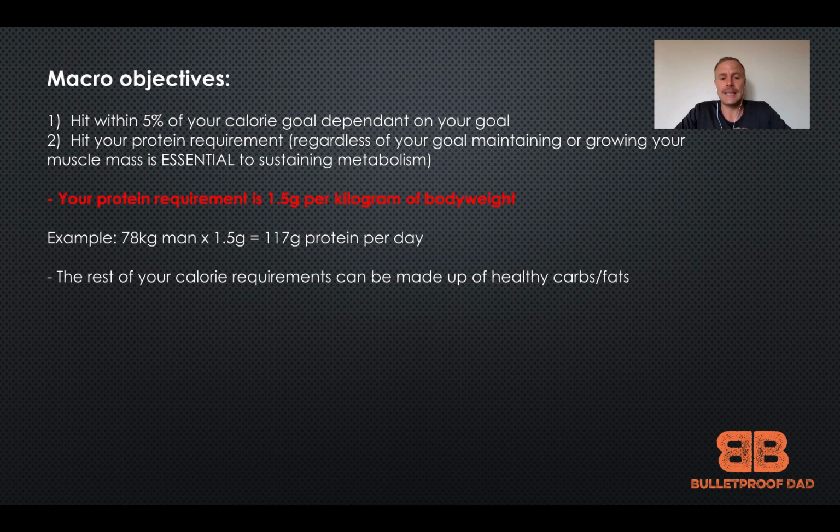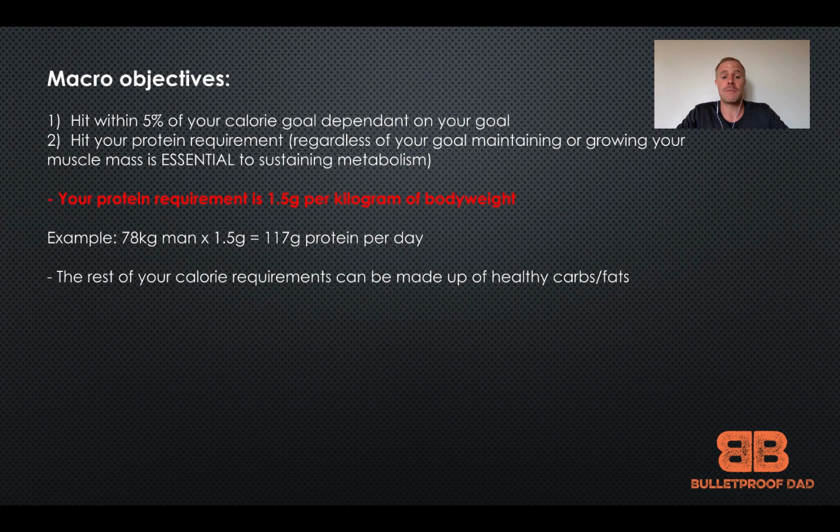So I've worked my TDEE out. I went to the calculator. I know that it was 2,600 approximately. I took 10% of that off. All right. So I know for me that I want to hit in and around that 2,200 calories mark per day. That's going to give me a 15 to 20% deficit, and that's going to make sure that I can hit my targets regularly. So I'm going to focus on hitting that first.